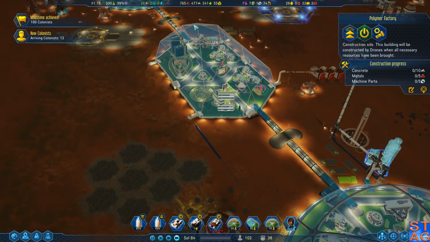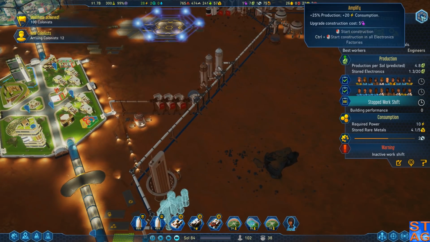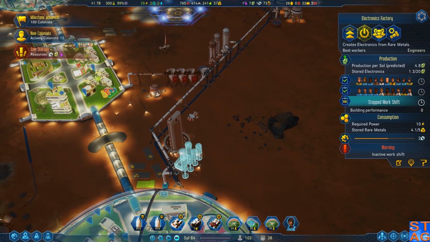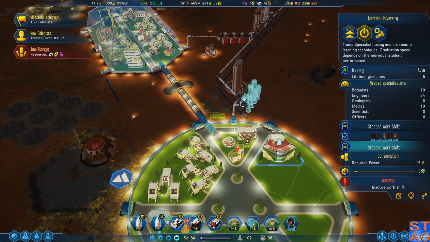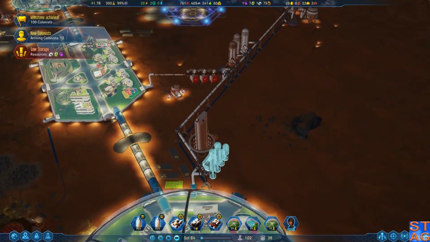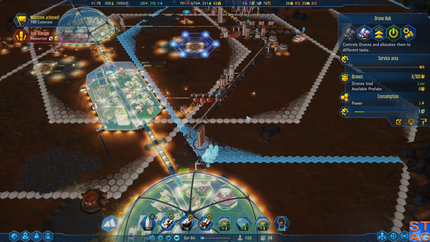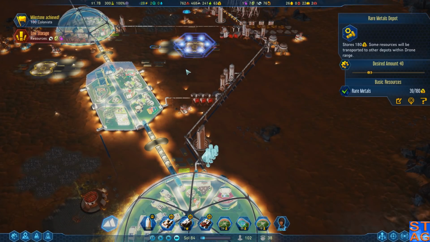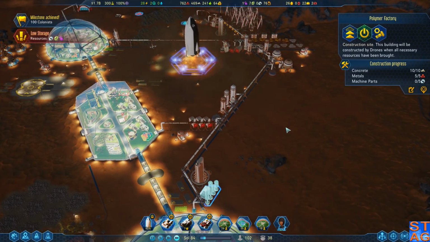Electronics are running low. Everything's starting to run low. Can't do the amplify as much as I'd want to. Amplify is not going to be a smart move. Where are you guys going? Oh! Wow, that drone hub's actually in range. Very cool. Nope, we got a rocket coming in now. And it just needs those machine parts, so...